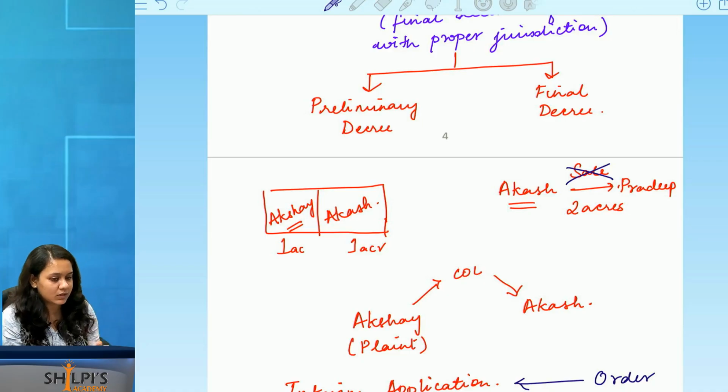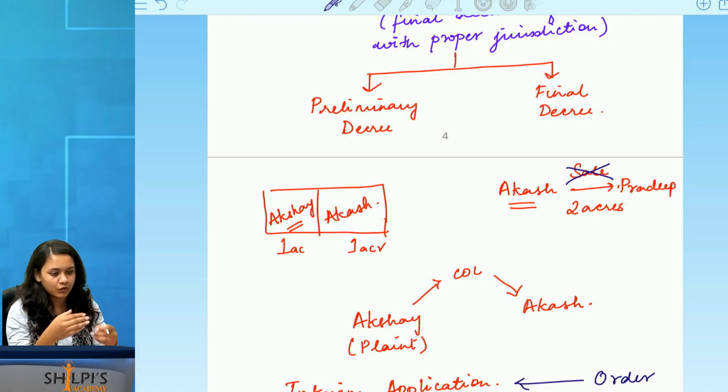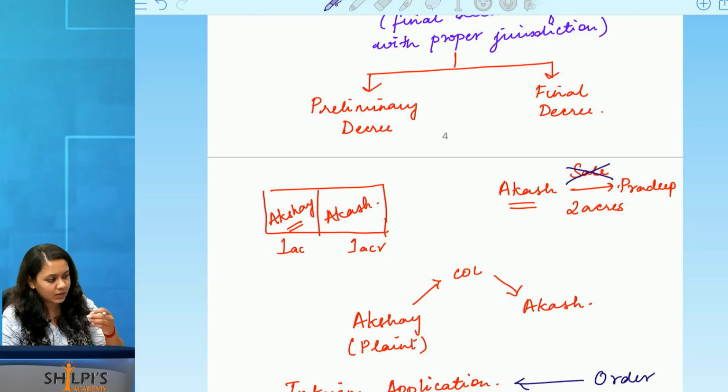Okay, and that final decree is a document which is stating, in this court of law, these are the facts, these are the arguments, the reasoning of the judges, and what was finally held in the judgment. Okay, this is your proceedings before the court of law, all the way from submission of a plaint till the receipt of a decree. Any doubts so far?